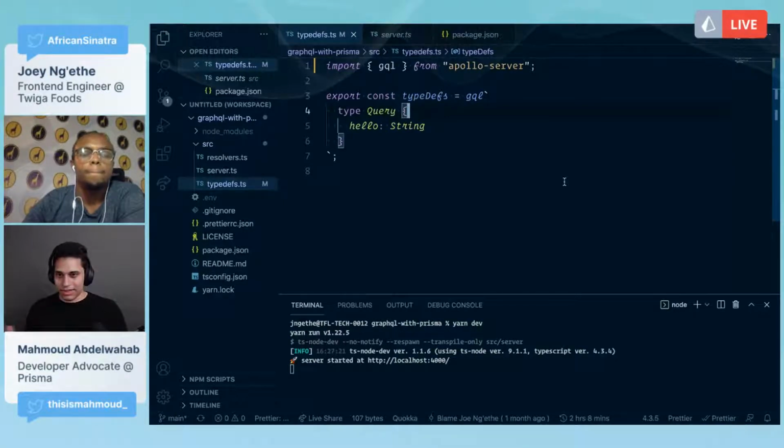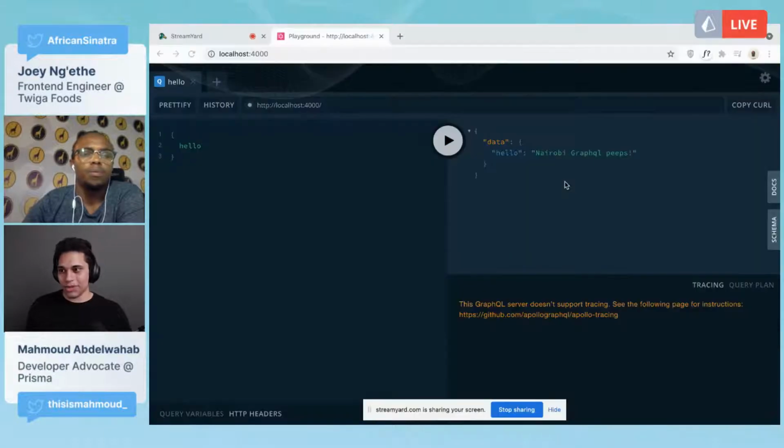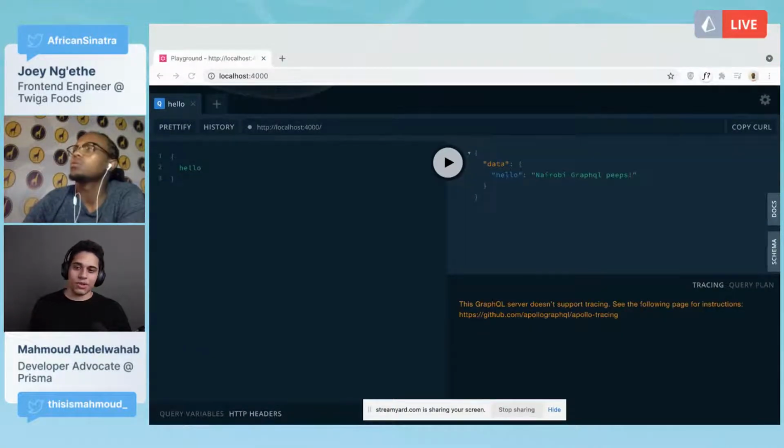Say, for example, you're working with a REST API, and a new feature comes out. The backend developers change a certain implementation, and maybe the endpoint now doesn't accept a string, it accepts a number. You wouldn't know unless you go through the documentation of the REST API. But with GraphQL, you actually get that out of the box.